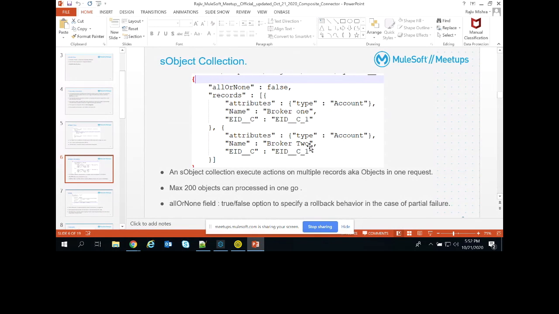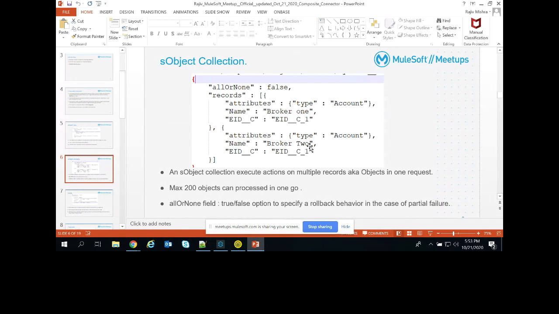This is similar to the sObject Tree, but there are a few differences. When I show the demo, we will be able to understand when we have to use the sObject Tree and when we have to use the sObject Collection. For the sObject Collection as well, we can process a maximum of 200 objects in one go.